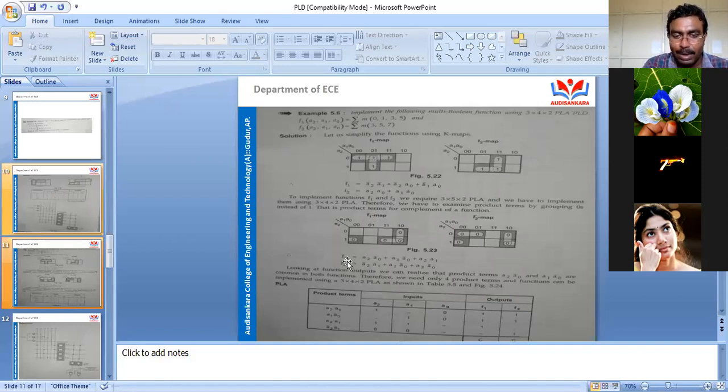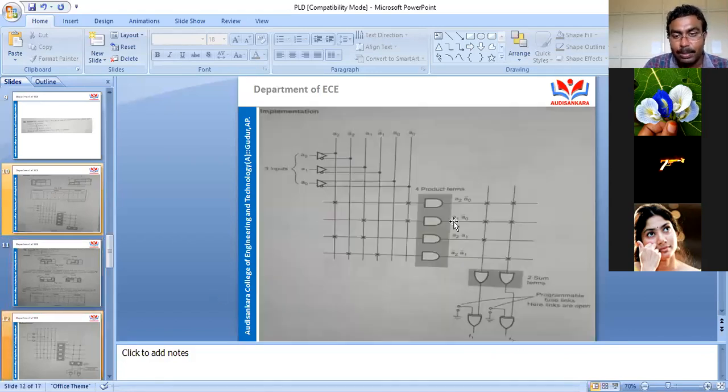Since I'm designing F1 bar and F2 bar, instead of F1 and F2, I will write my F1 complemented, F2 complemented. Then I will go for the design part. Look here, students, the remaining entire design part is the same, but the only difference is you need to add these inverting outputs. Since we are designing F1 bar and F2 bar, but we need F1 and F2, these XOR gates are to be added for your programmable OR arrays. That is about PLA, students. So this is what we do when we are trying to design PLAs.